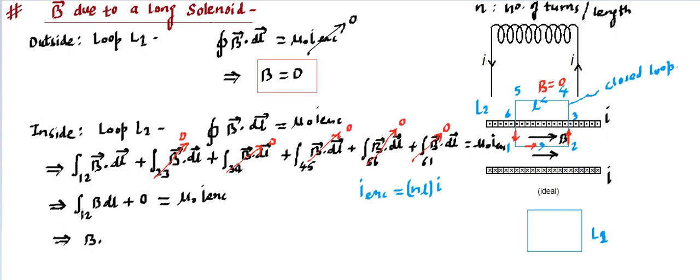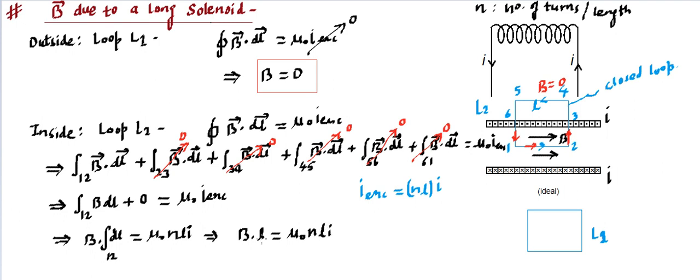And if we go for the integration dl, so integration is going to be dl for the branch running 1 to 2. You'll find this branch length L is going to be this small l that we have considered over here. So it's going to be basically mu naught into I enclosed, which came out to be NL into I. If we further simplify, we will find the left hand side is going to be B into L, the total length is coming as L, is equal to mu naught N into L into I.